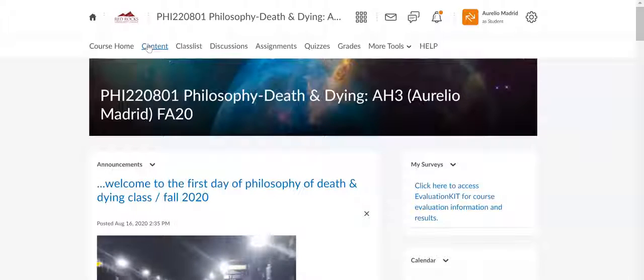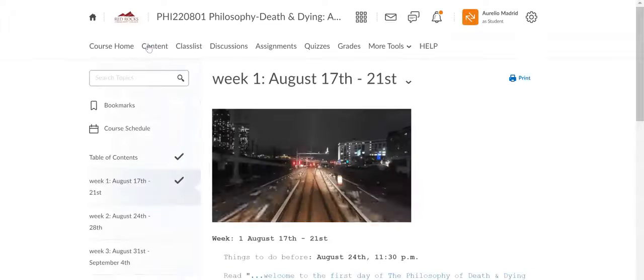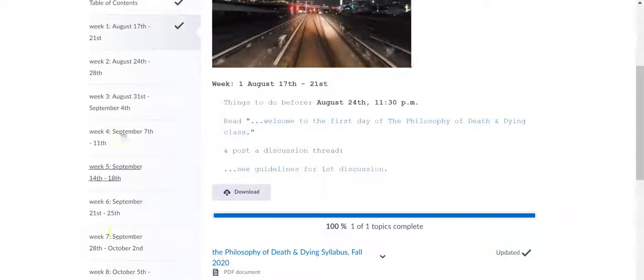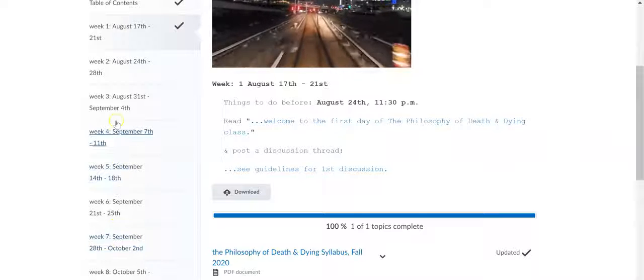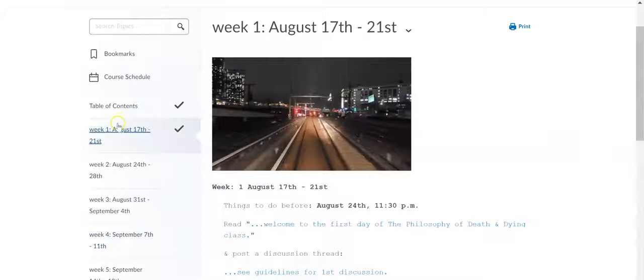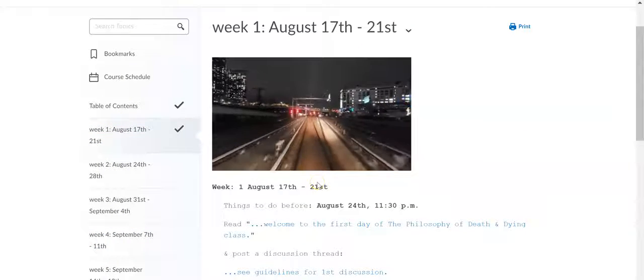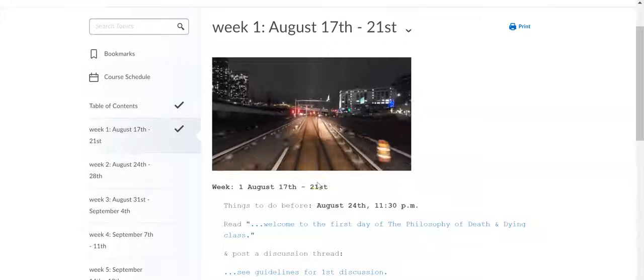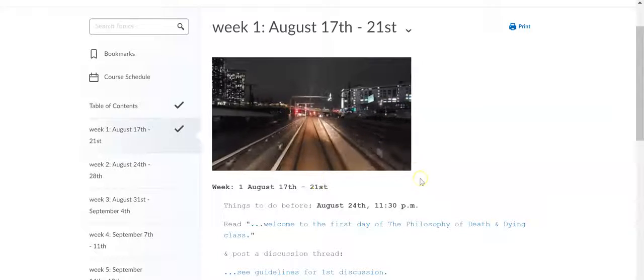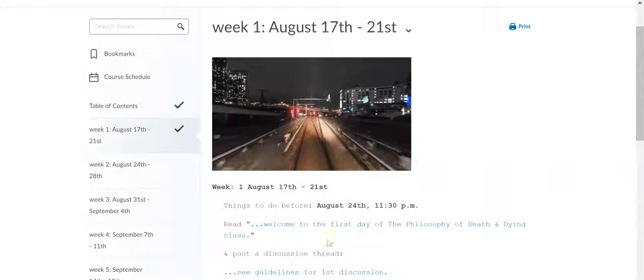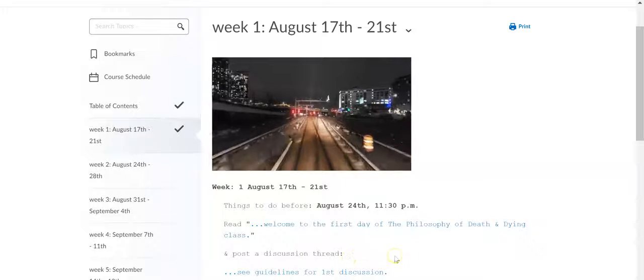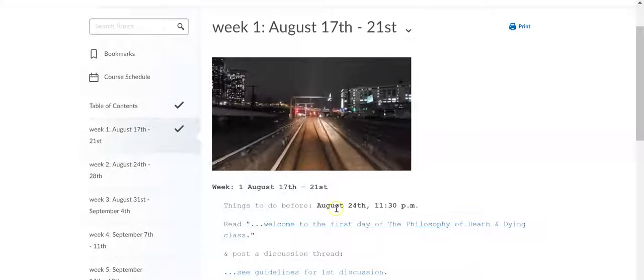So the content tab here is where we'll have the weeks laid out over here on the left. And I'm basically working a week in advance. So in other words, everything that we know about this week will be due next week, and continuing that pattern as the course progresses, okay?